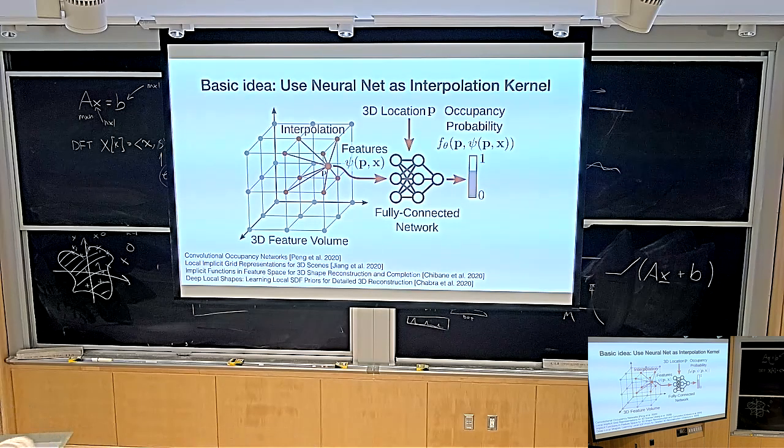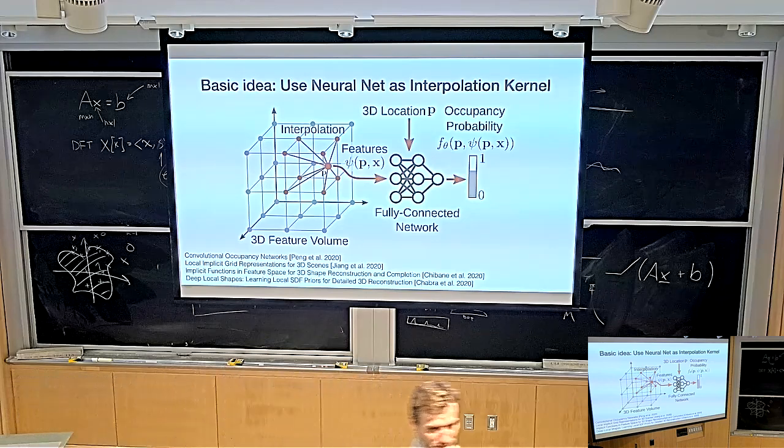Let me repeat that. Imagine you wanted to parameterize a 3D occupancy function. You're going to have a low resolution voxel grid. The voxel grid is going to store features, like 16-dimensional vectors, at each of the corners of each voxel. Now if you want to get the occupancy of a particular point, you go into the voxel grid, do trilinear interpolation, get the value, and give that to a neural network. The neural network decodes it into the final occupancy value. Okay, does that make sense?